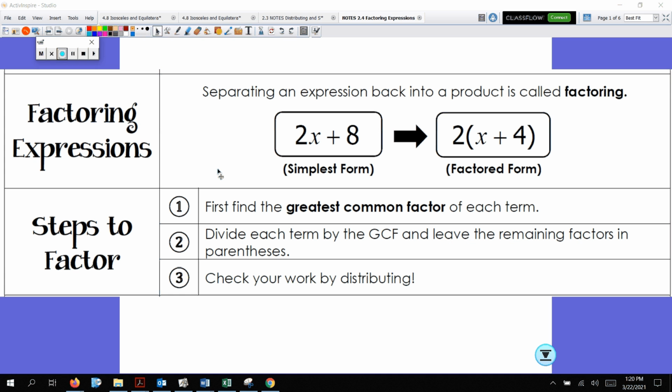So look here. I have 2x. Oh, my board's not working. Oh, silly goose. All right, I have